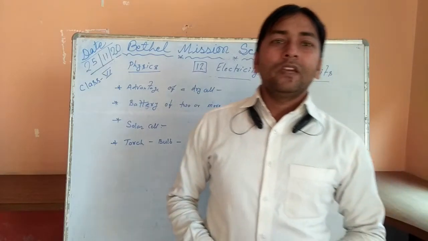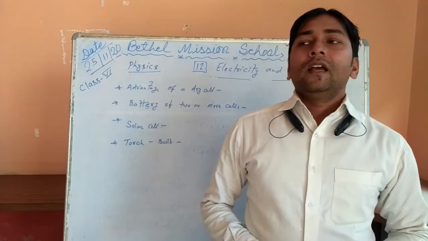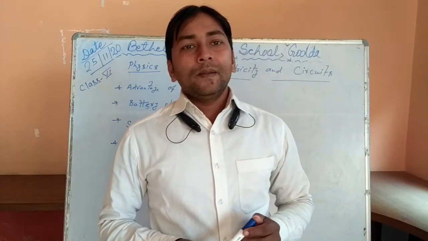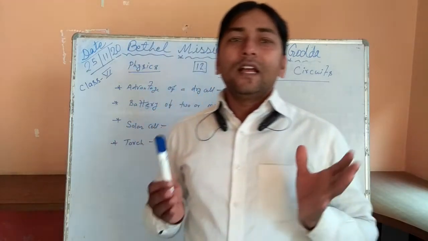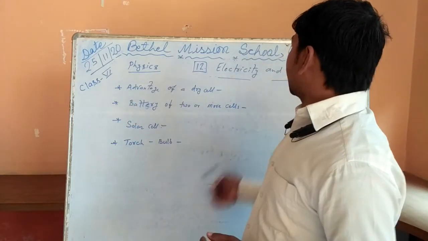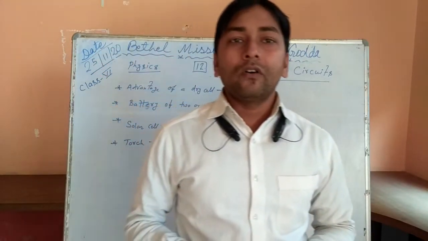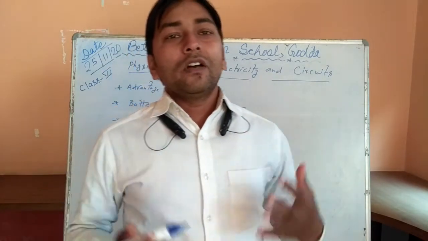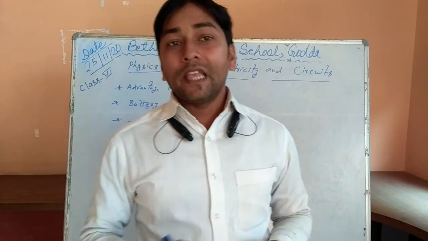Today we are going to learn a new thing. In the previous class, I taught you about the dry cell. It is the physics part you already knew, for class 6, and that is electricity and circuit. In the previous class, we learned about the inner view of a dry cell, and here we are going to learn how to use different dry cells together, and what the name of that is.